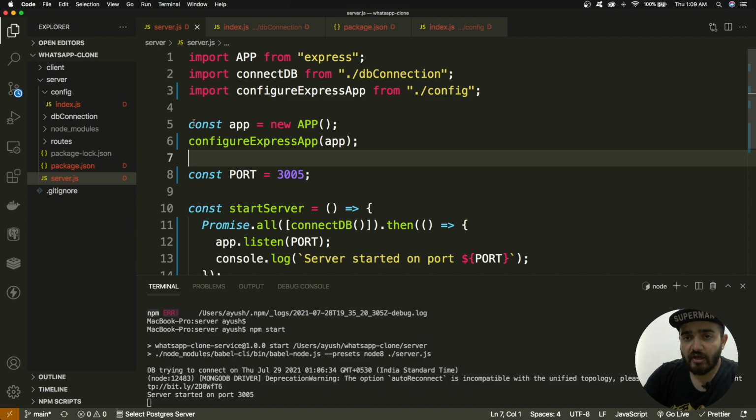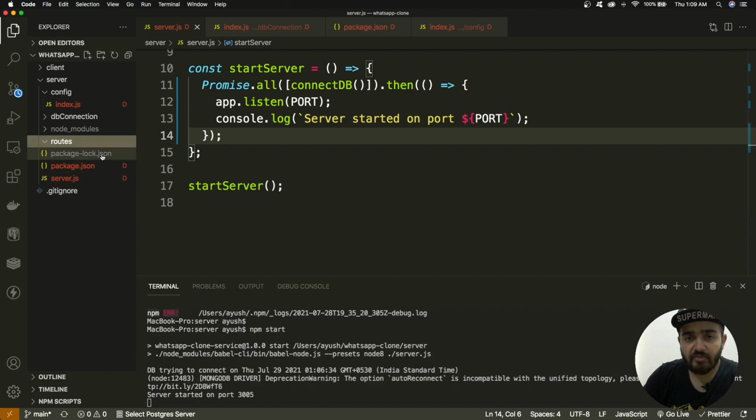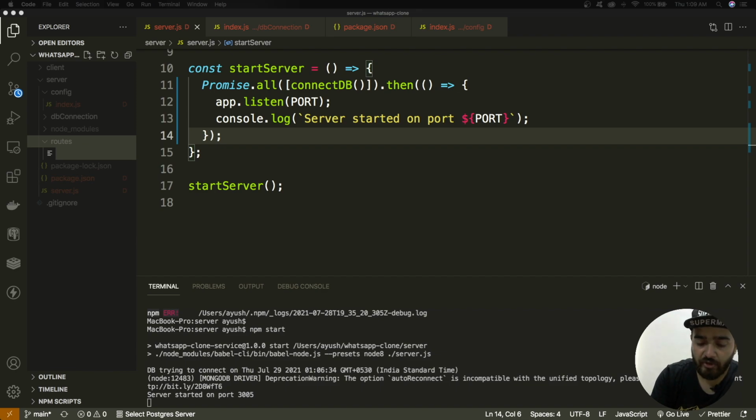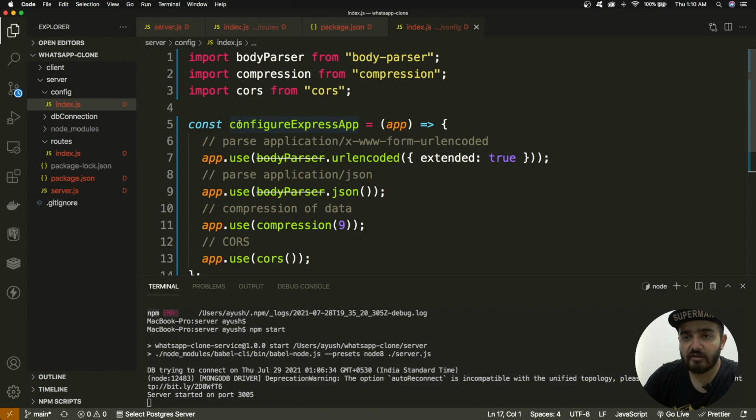Now we have this express application, we have configured everything, body parsing, we have applied the cors, we have all the things set up, and now we can simply work with the routes itself. And routes, if anyone is confused, are responsible for the API endpoints. So I'll be creating a new file, index.js, inside the routes folder, so that we can have the routes here as well. And for that, similar to this config,